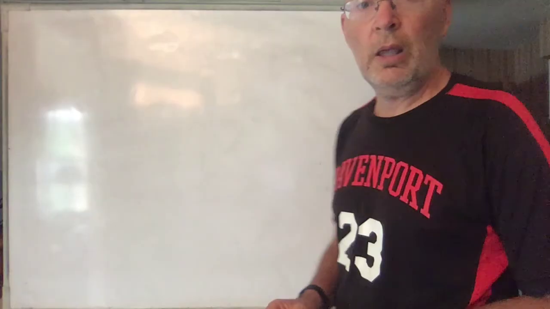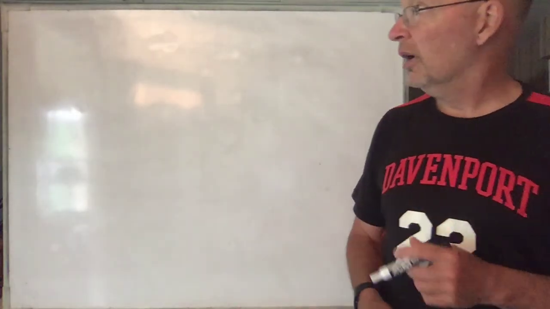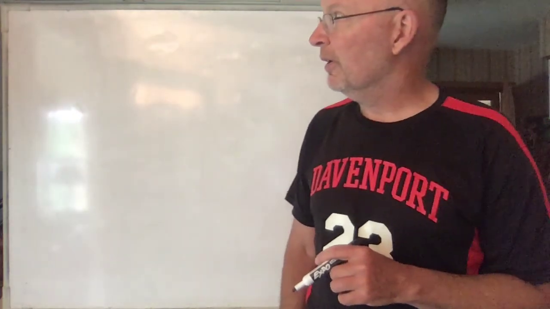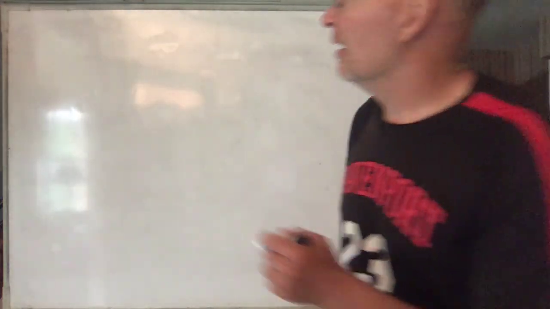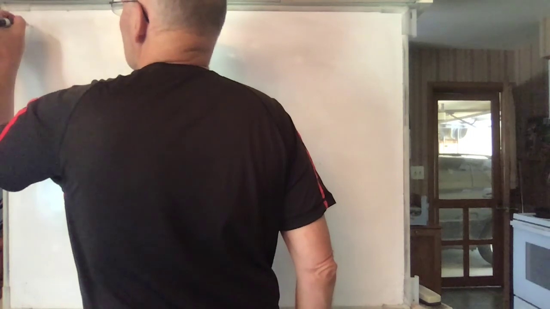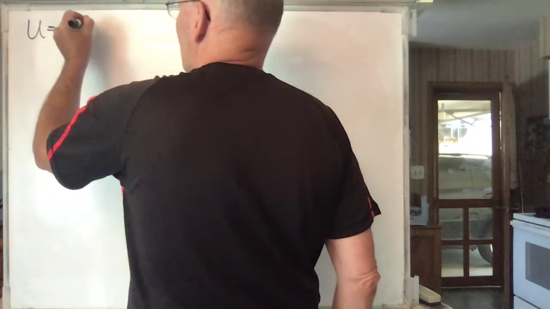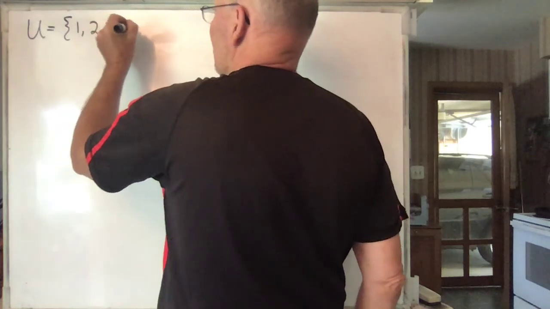The ideas are simple, you just want to make sure they're solid. So before we go on to a couple new ideas, let's just reinforce the things we've learned with one more example. Let U, the universal set, be all the numbers from 1 to 20,